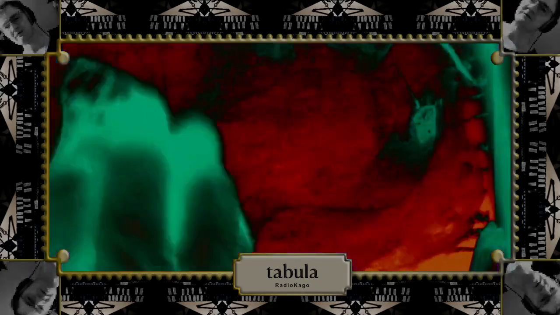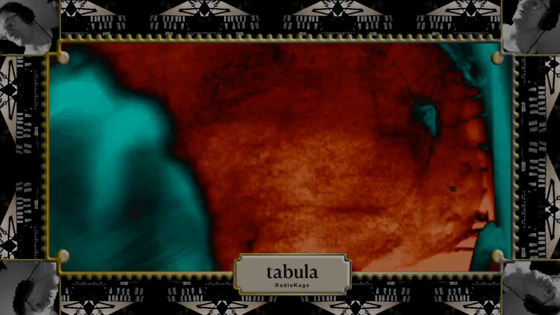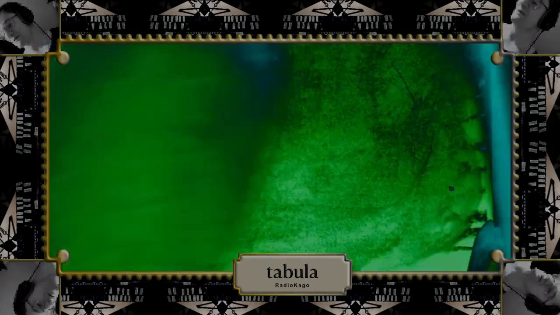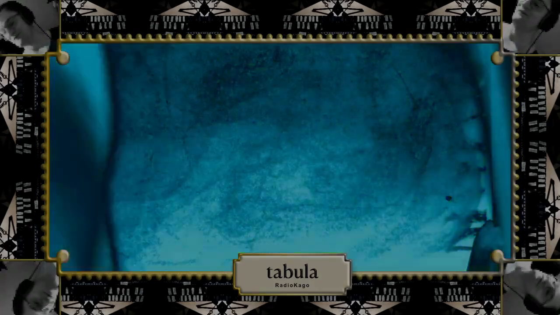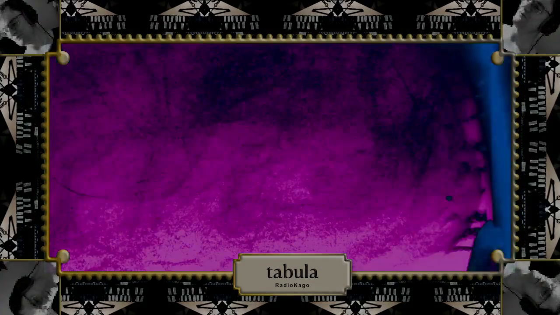I'm drawing here, sketching it. It's not really drawing, it's just making some marks. But it's, no, I don't know how it's called in